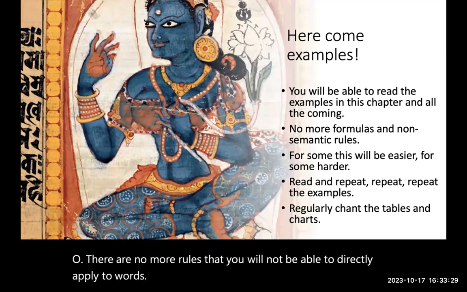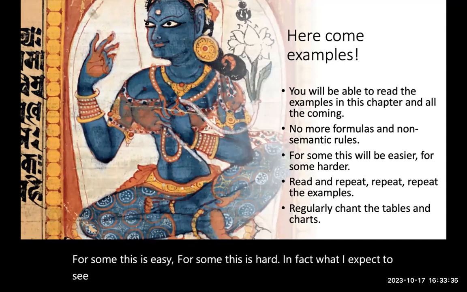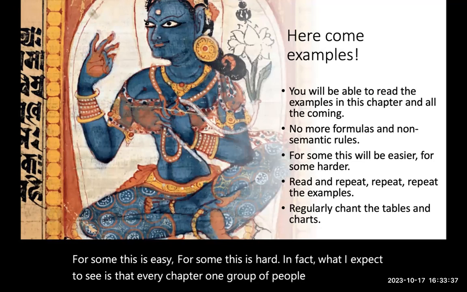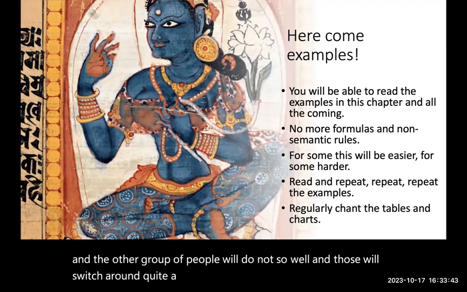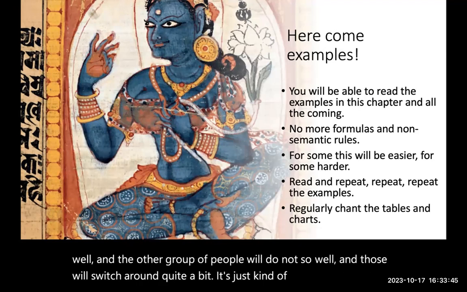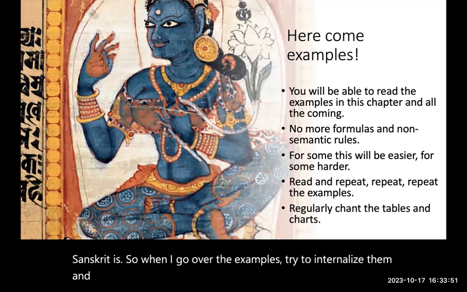For some, this is easy. For some, this is hard. In fact, what I expect to see is that every chapter, one group of people will do really well, and the other group of people will do not so well. And those will switch around quite a bit. It's just kind of weird. That's how Sanskrit is. So when I go over the examples, try to internalize them and write down the translation,